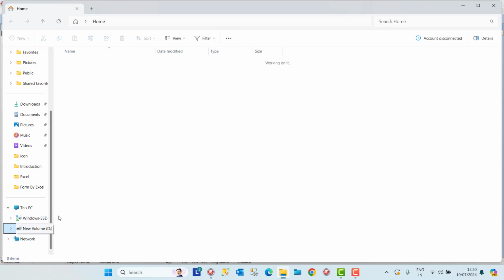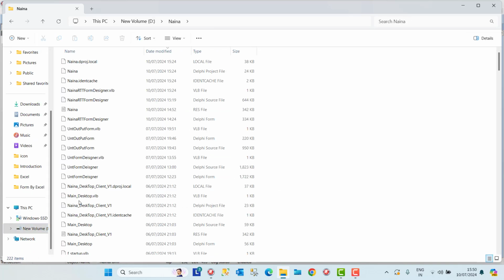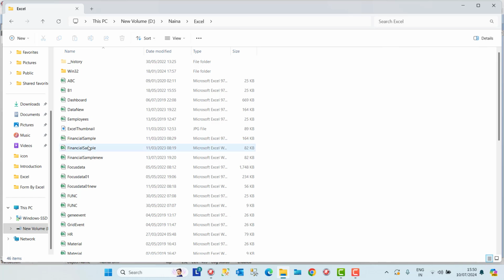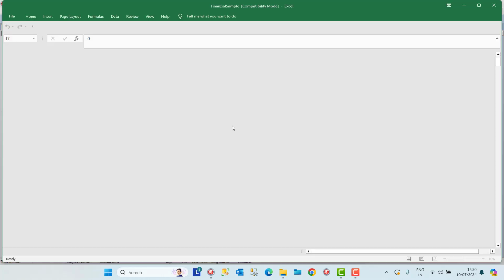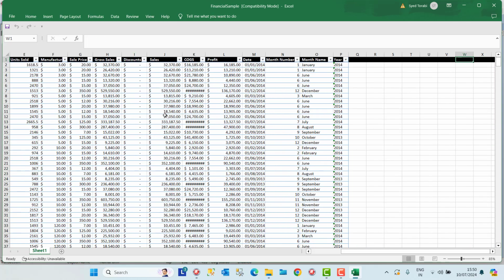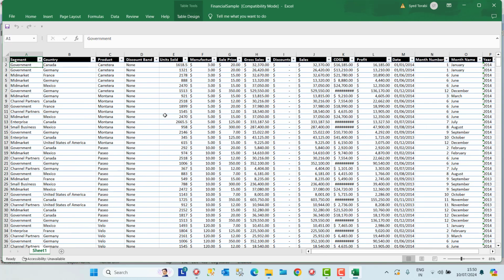I have an Excel sheet which I want to show, which I downloaded from the internet. There are a lot of sample Excel sheets available, so I'm going to use this one. The thumb rule of the Excel sheet is don't use any pictures, and it has to be a simple Excel sheet. The process is that the system is going to read these columns and then read the first record. From the first record, the system will identify the data type, and accordingly the table will be created. So let's close this one